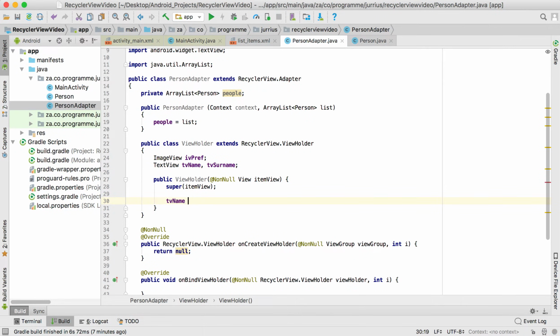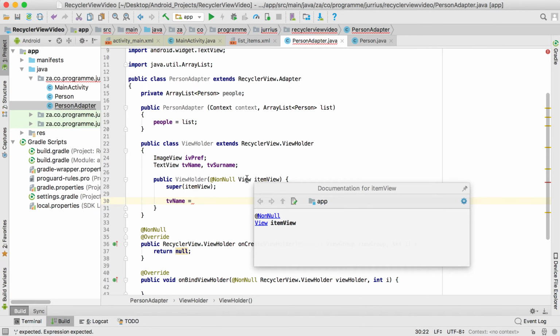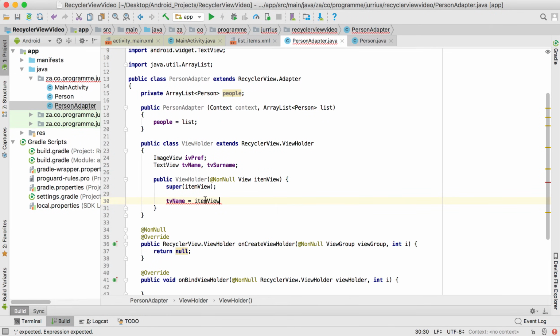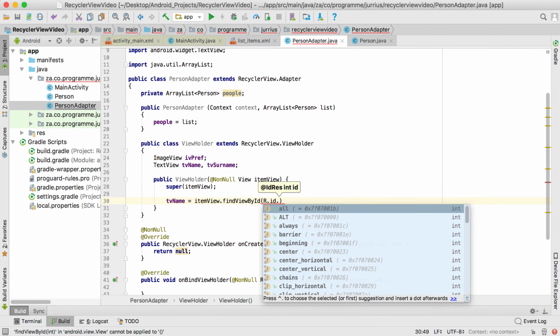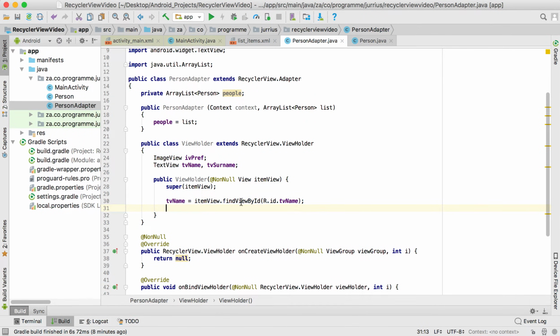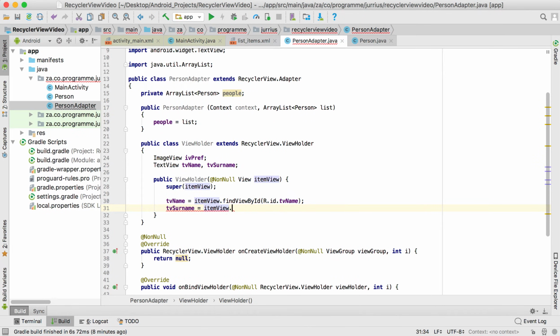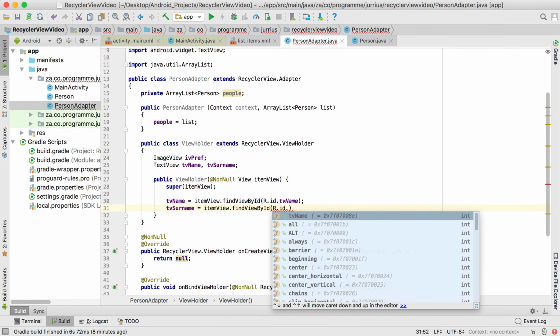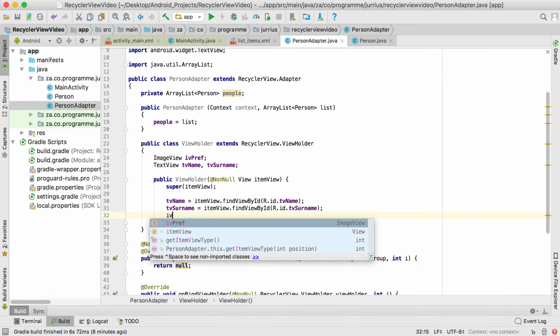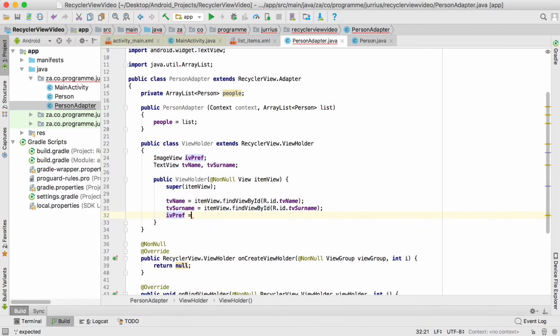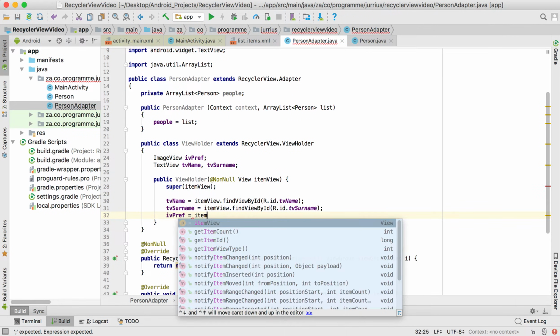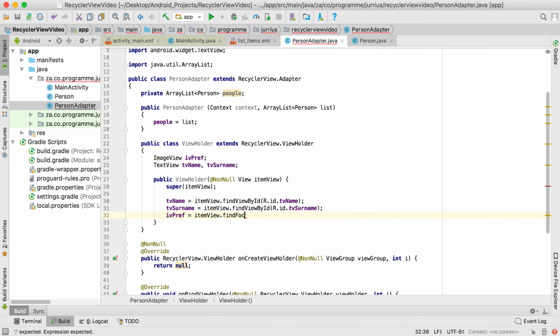So we will say tvName equals, and you'll see there's an itemView that was passed in. So I'm going to say itemView, which will basically refer to this view. So it's going to be itemView.findViewById, R.id.tvName, and that's a link to the name TextView there. And now the next one, tvSurname equals itemView again .findViewById R.id.tvSurname. And then the last one for the ImageView will be ivPref equals itemView.findViewById